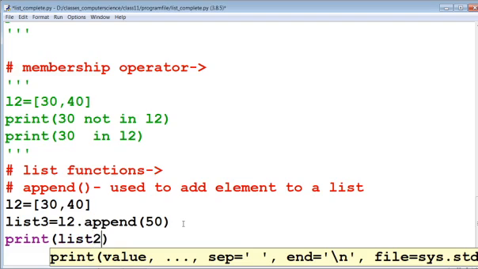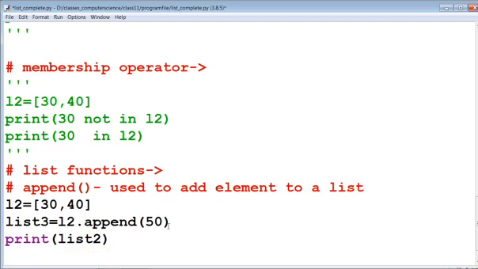Now if we are going to append the item in list 2, then we just use this method, L2 dot append 15.